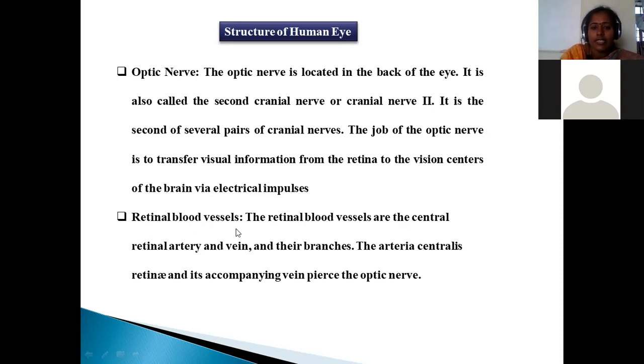Retinal blood vessels. As we know, retinal blood